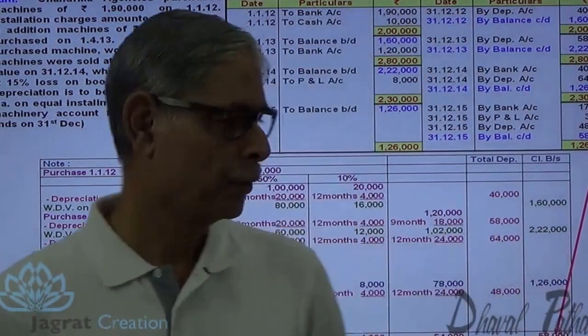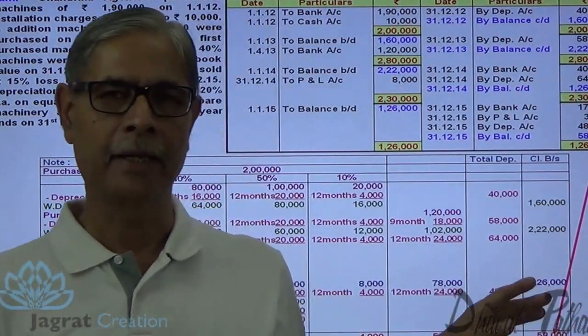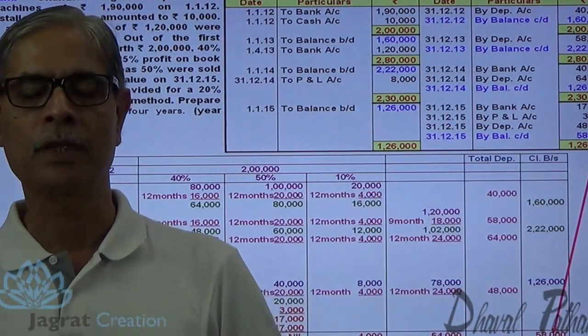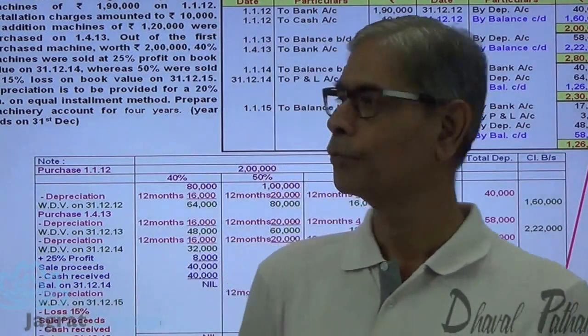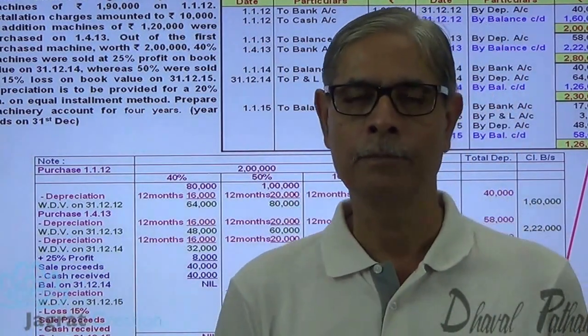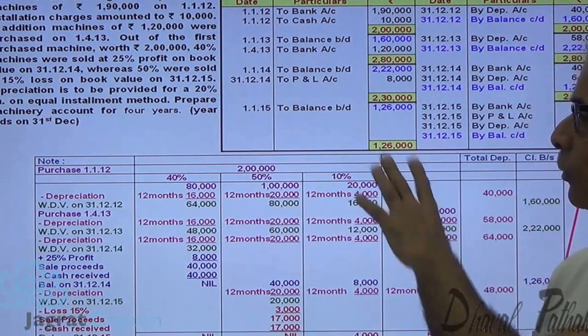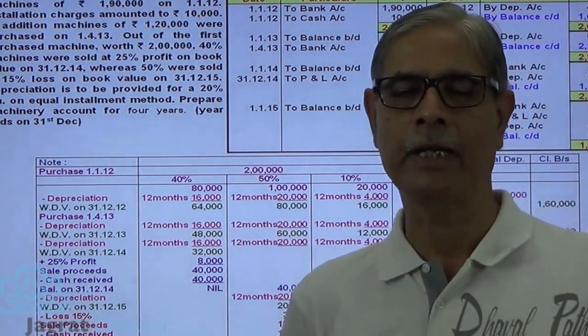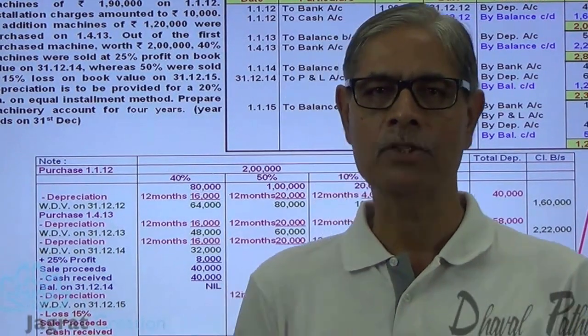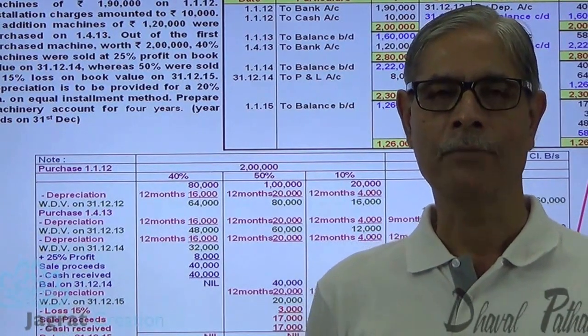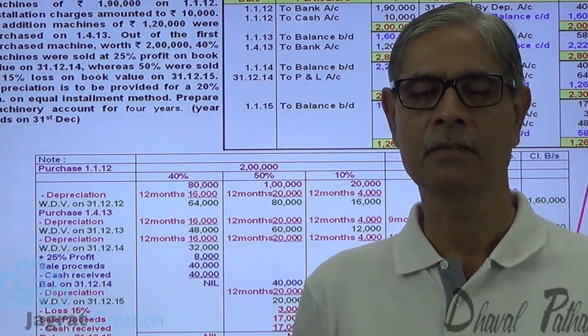This is how this sum is explained and how the numbers tally with the note that is also mentioned. I have tried to explain this sum, wherein a working note is prepared for depreciation and written down value for all the 4 years, and the machinery account is presented before you, wherein depreciation is written off by the straight line method. I feel that you have followed all these things. Thanks to all of you.